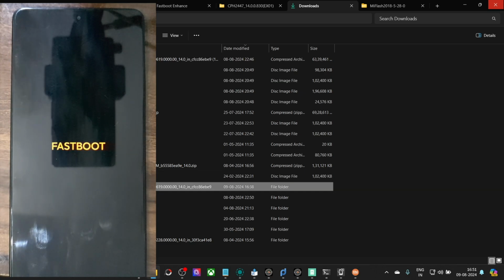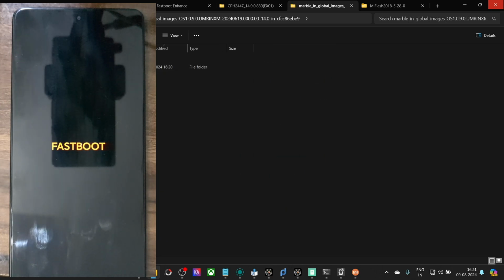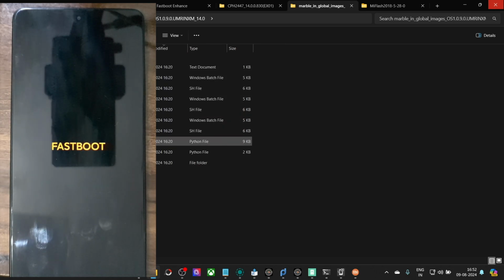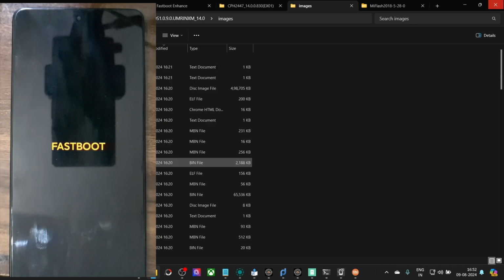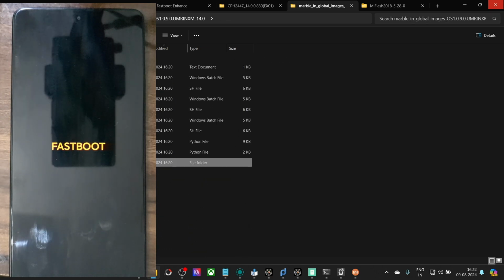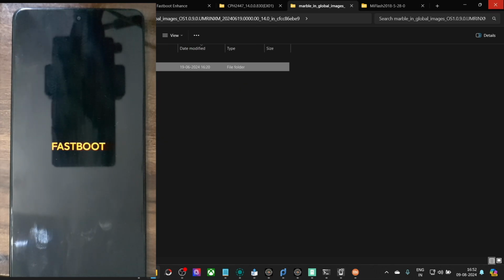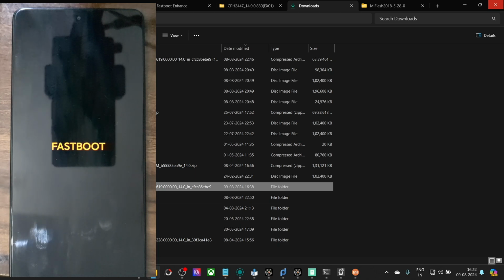Likewise, go inside the extracted ROM folder and make sure that there is no space within this ROM name as well. So over here also there is no space, and now you will be able to flash the ROM file without any issue as such. So let's now try out the result, and let me verify it once again. So there is no spacing over here. Likewise, there is no spacing over here as well, and now we could flash the ROM file.